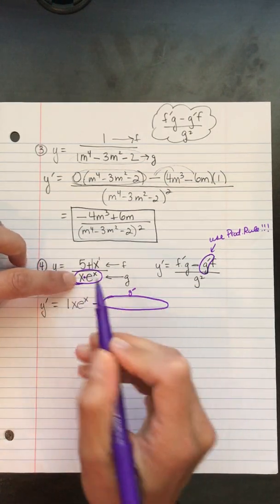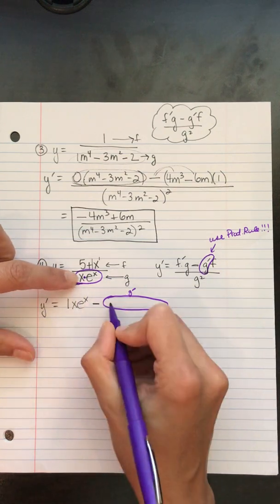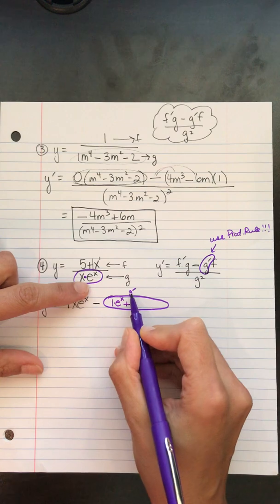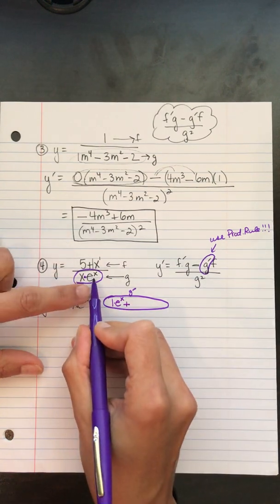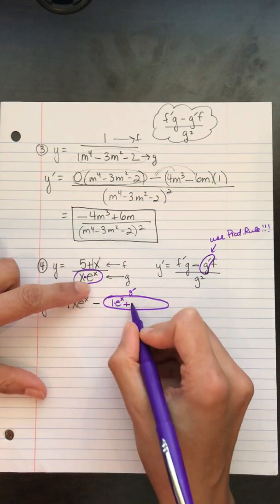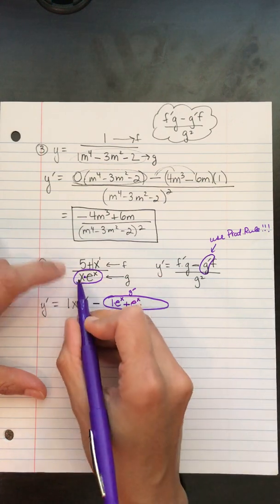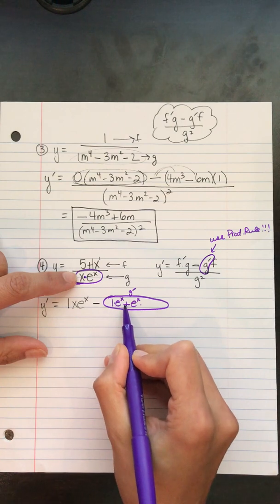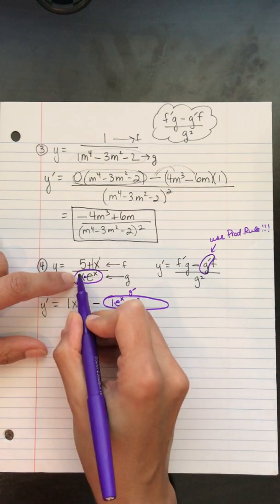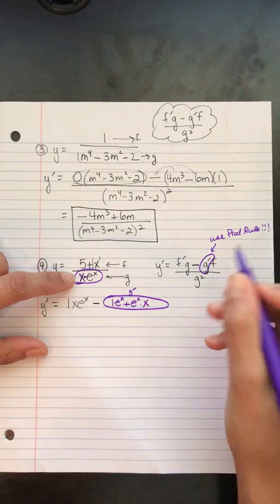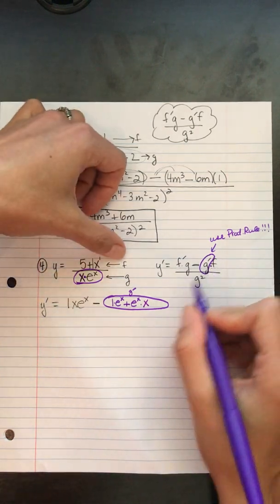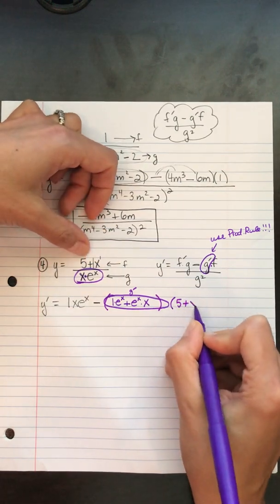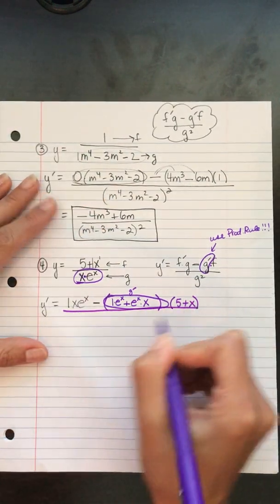So product rule says derivative of first, the derivative of x is 1, times the second, plus the derivative of the second one, so the derivative of e to the x is e to the x, times the second function. So derivative of first times second plus derivative of second times first, times f, so let's put parentheses around this, f is 5 plus x, all over g